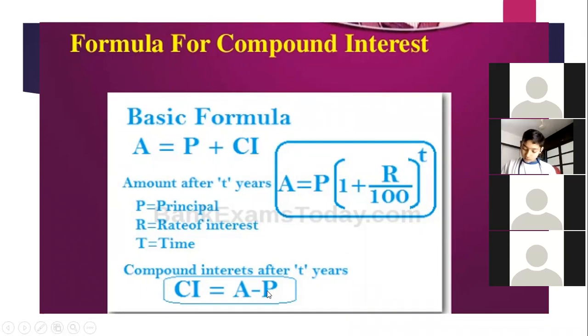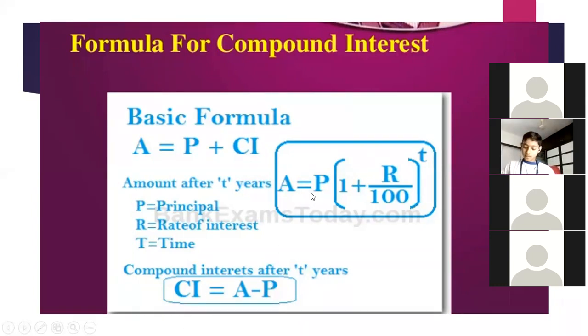So these are the 3 formulas. Of these 3 formulas, first and third one are same only, different way of writing. Second one is the formula for amount. So please pay attention over here. This box, the formula is not for calculating compound interest. This formula is for calculating amount. Once you get the amount, then you put this amount over here in place of A, and principal you are already aware. So that is how you calculate compound interest.